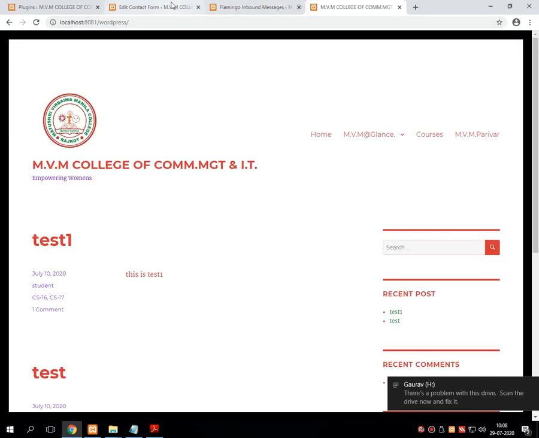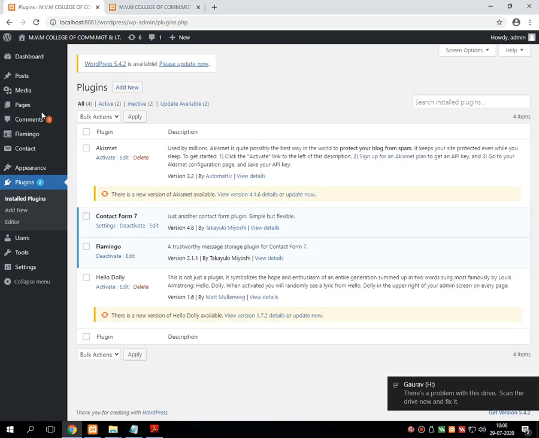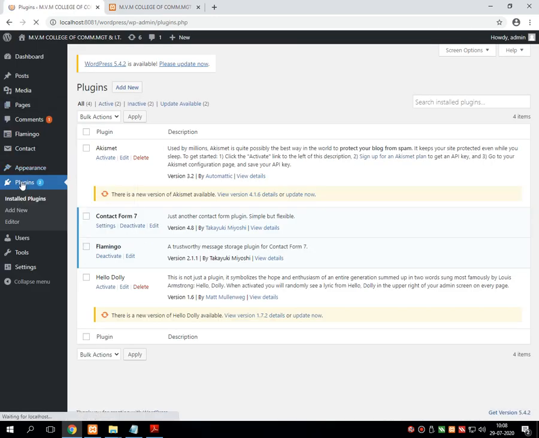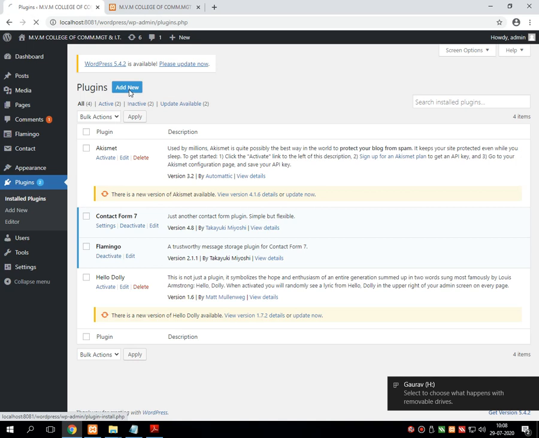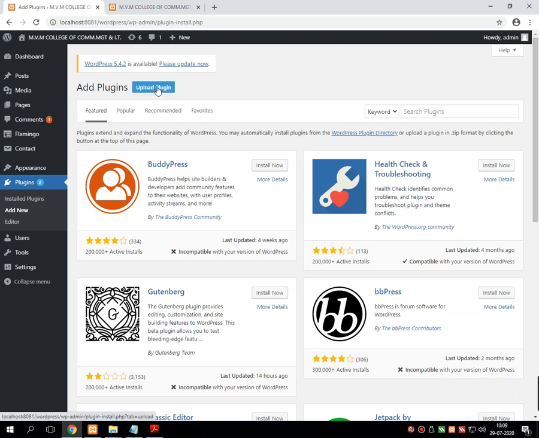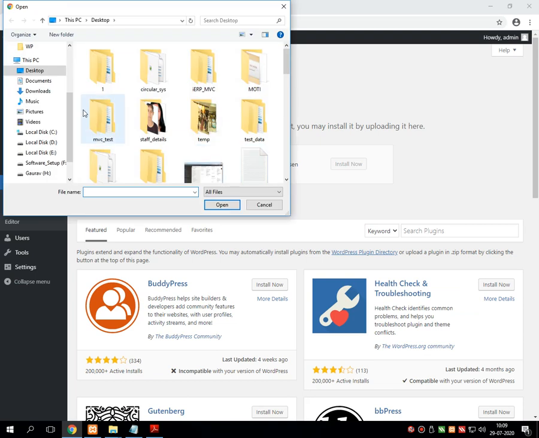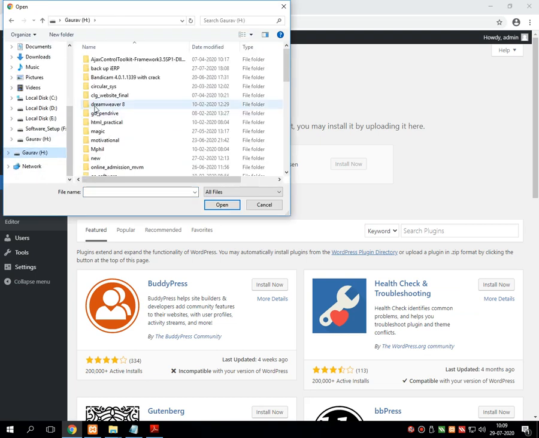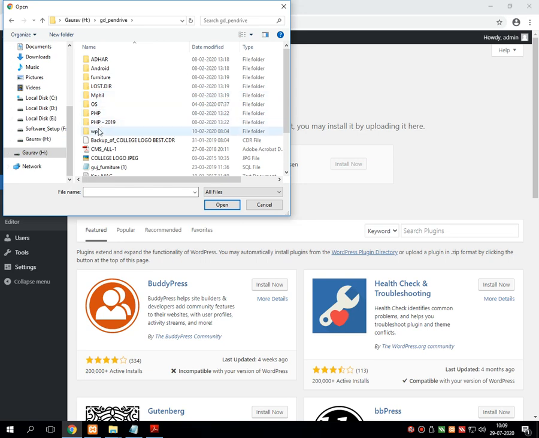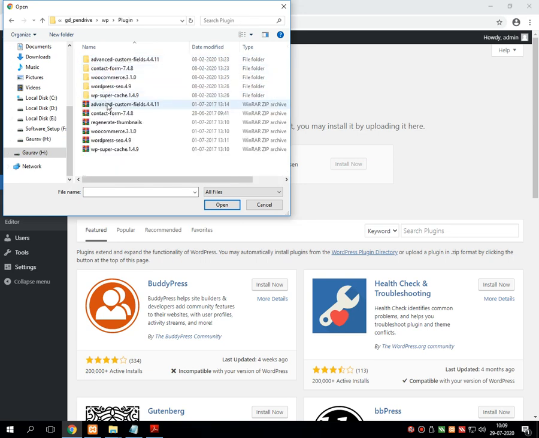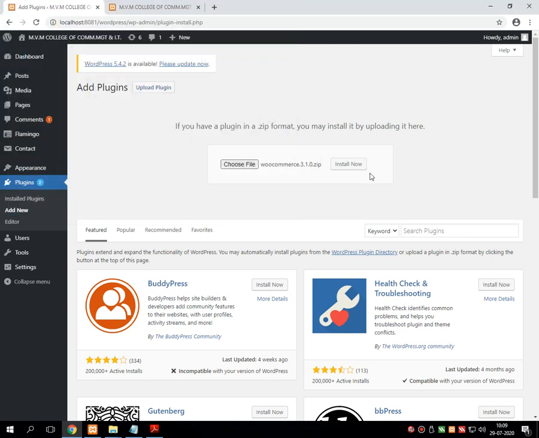For that, what I have to do is go into the plugin, press add new, click on upload plugin, browse for the file and select the location where the plugin is downloaded. So over here the plugin is downloaded. This is the zip folder of the plugin that I have downloaded from the website, and I am pressing install now.